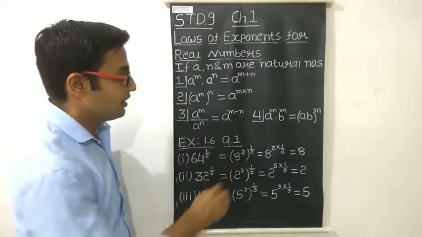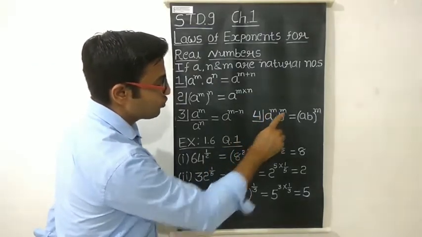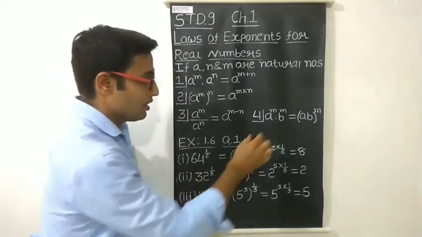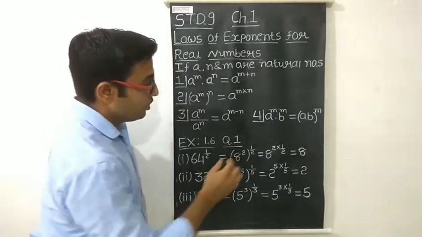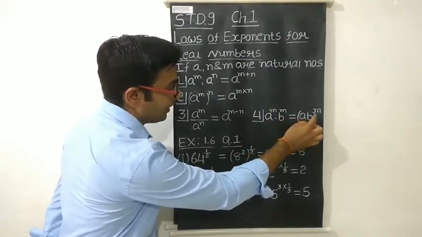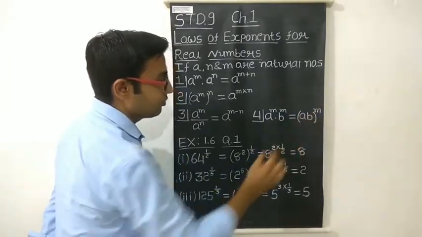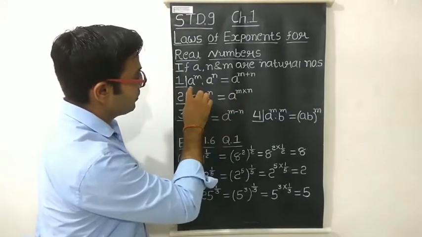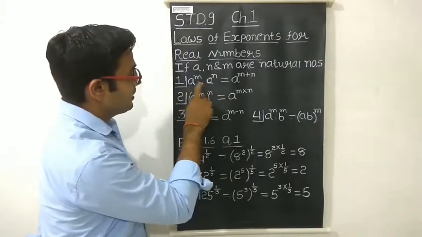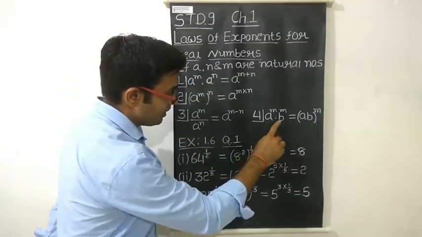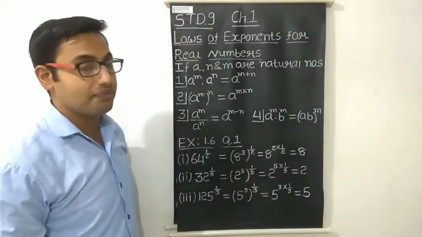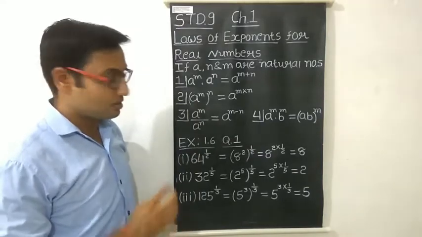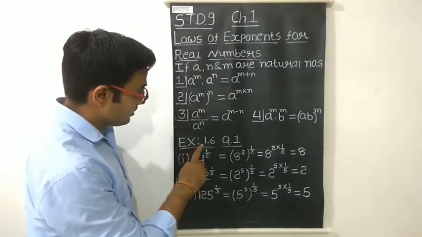Fourth law, that is a raised to m multiplied by b raised to m. So in this case the bases are different but the power is the same. So here we can multiply both the bases and put a common power on the multiplication of both the bases. Remember, do not confuse between these two rules. Here the base is same, power is different, and here base is different and power is same. So based on these four rules, let us study some of the examples, that is of exercise 1.6 question number